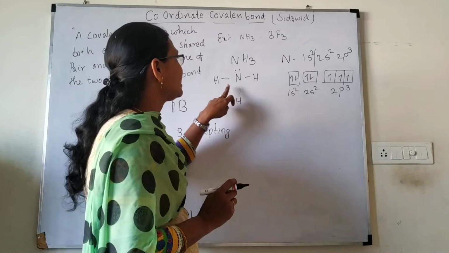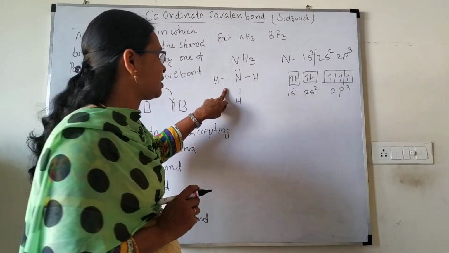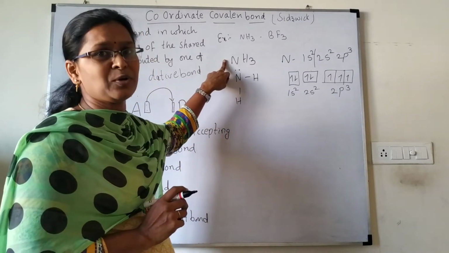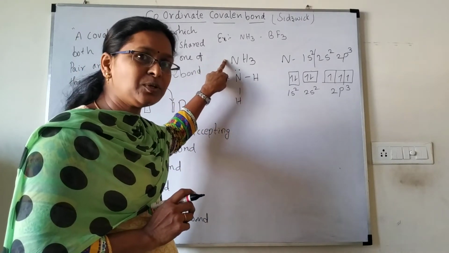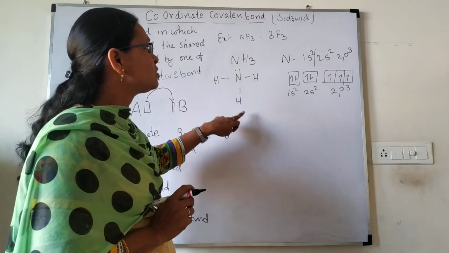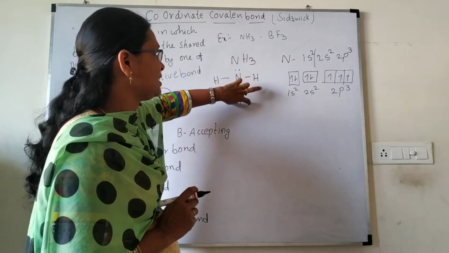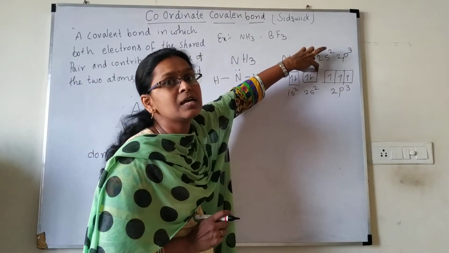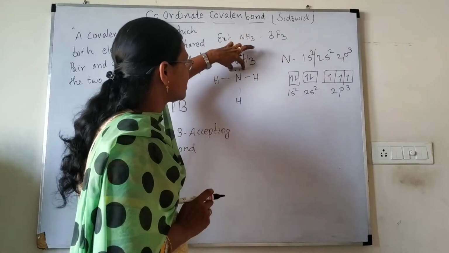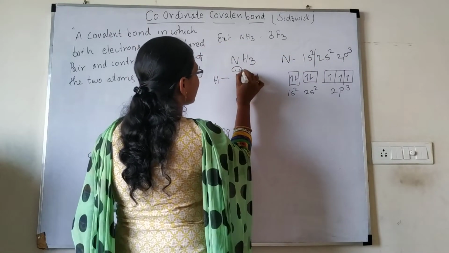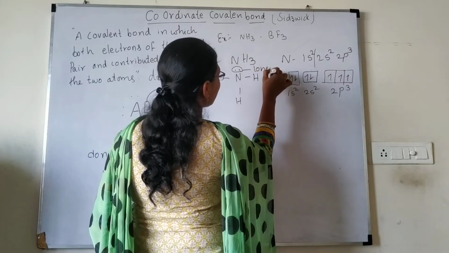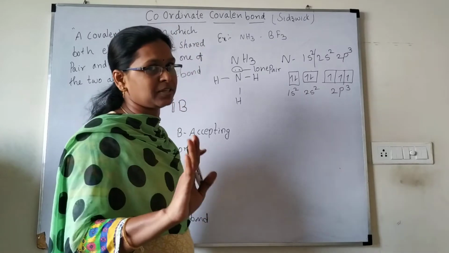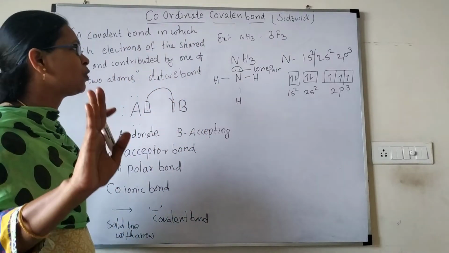So here nitrogen, normally, belongs to the 5th group elements. So 8 minus 5 is equal to 3 valency we are saying here. So here 3 combining capacity is there, and here the s electrons are there. These s electrons are called the lone pair of electrons, okay. So these 2 dots we are calling a lone pair. So what is the meaning of lone pair? Not involving in any bond formation, that we are calling a lone pair, okay.